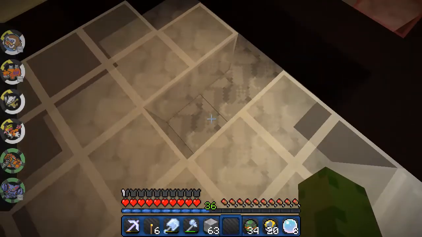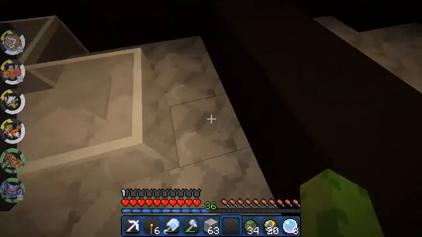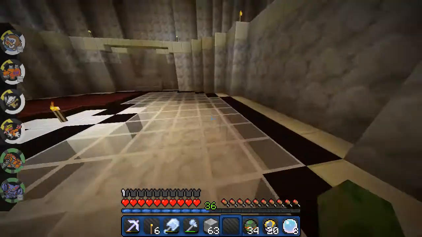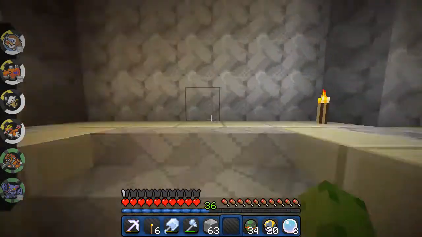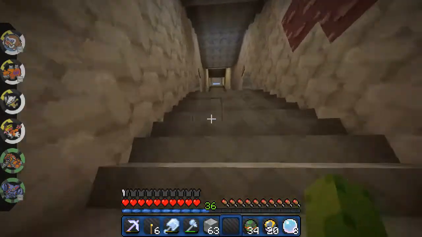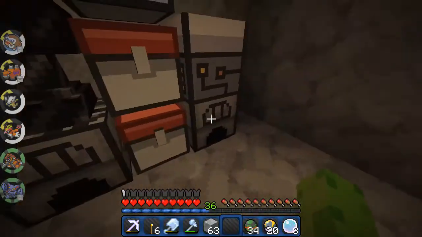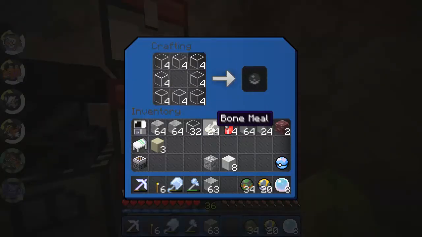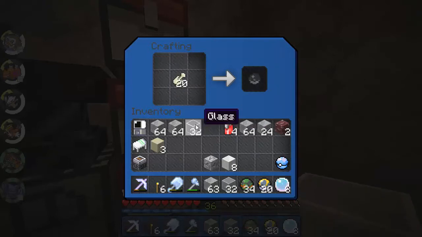Alright, so I really need 1, 2, 3, 4, 5, 6, 7, 8, 9, 10. Ugh. Alright. Let's just do a half stack. That'll be fine. Let's see. We got this. Oh, texture pack. There we go. So yeah, a lot of work to do here still, but we're getting very close, and I'm